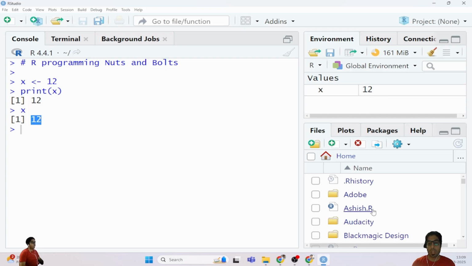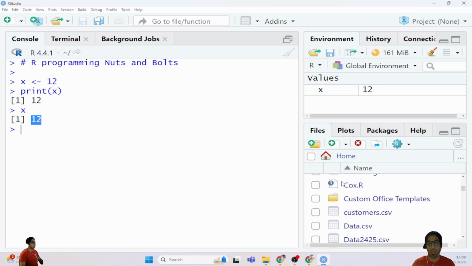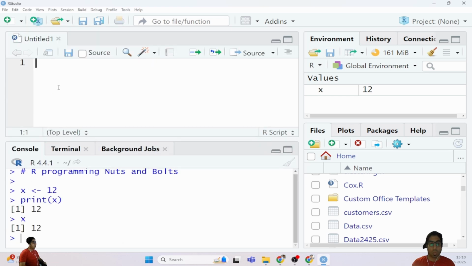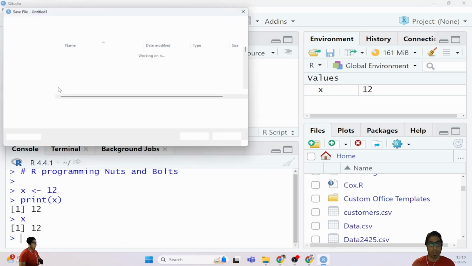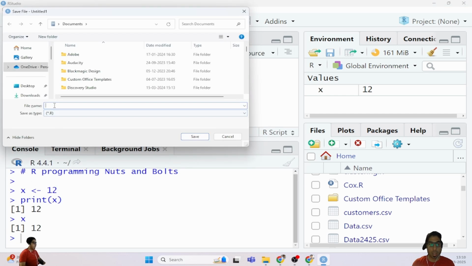Along with that, if we make a file, the format of R is .r. For example, in case of a presentation, the format is .ppt. In case of documents, it is docx or doc. In case of images, it is png or jpg format. So in case of R, if we have to save a file, for example, I'm saving it and calling it .r. It is, for example, my first experiment,